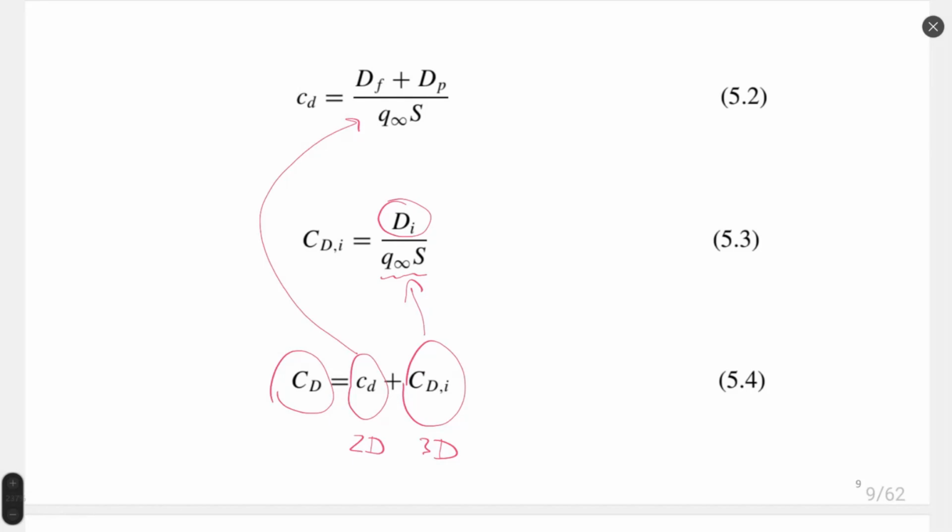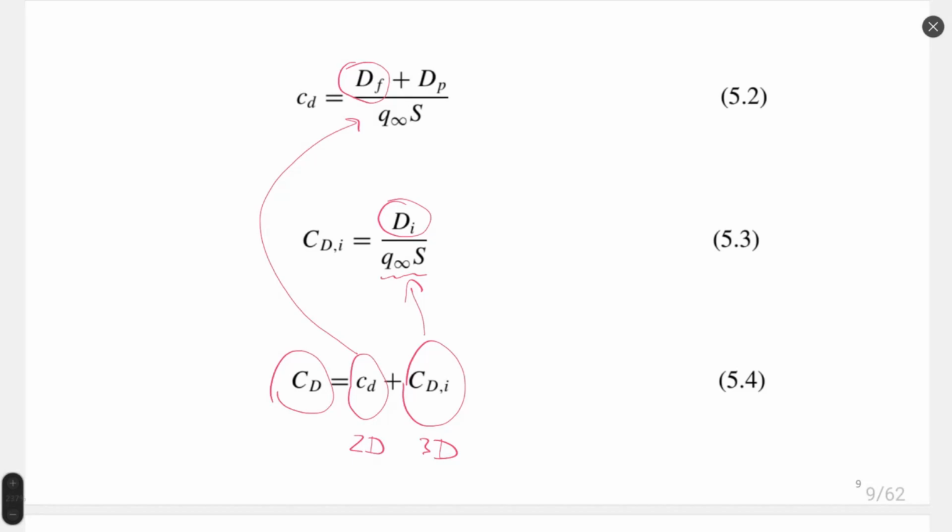For blunt bodies it is the opposite. For example, for a cylinder, dF is much smaller than dP. Depending on the shape of the body, the relation between these forces is different. For an airfoil, friction is more important for us than pressure distribution for the drag calculation. I hope it's clear with the drag coefficient for the wing, right? We must consider both: the part which we used for the calculation of the airfoil, and also the part associated with the vortex